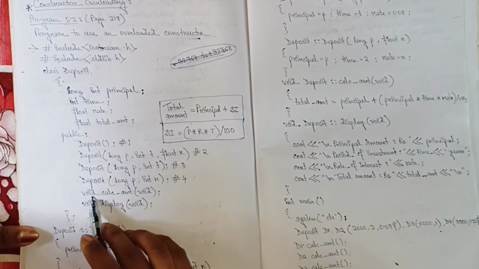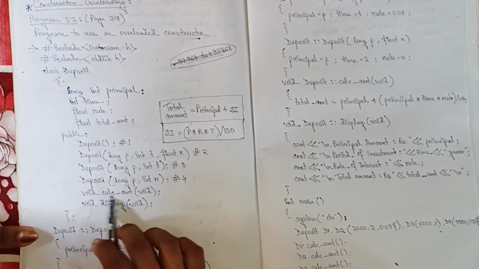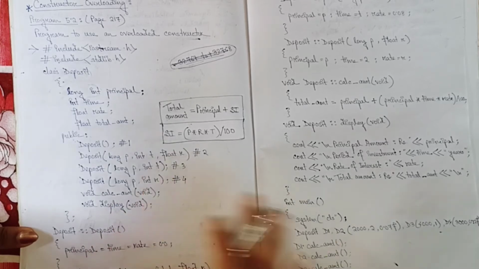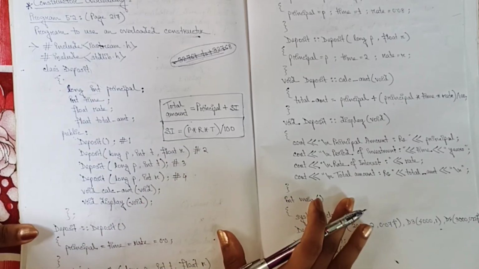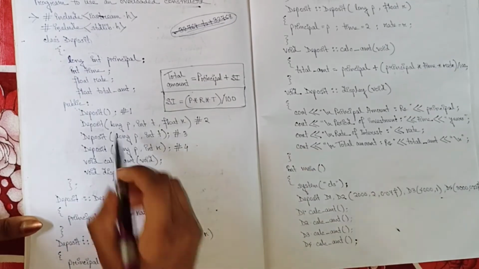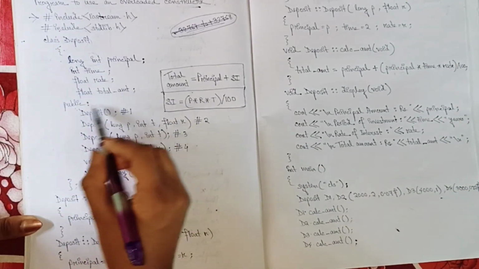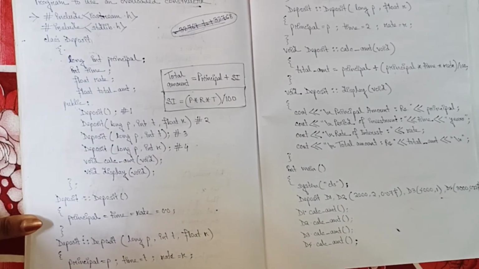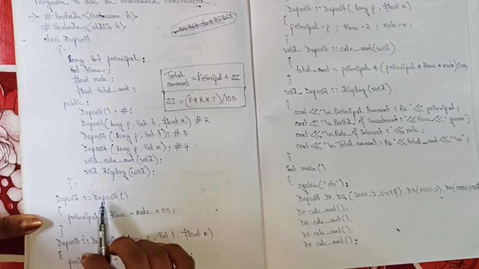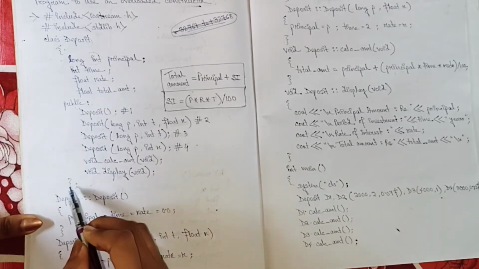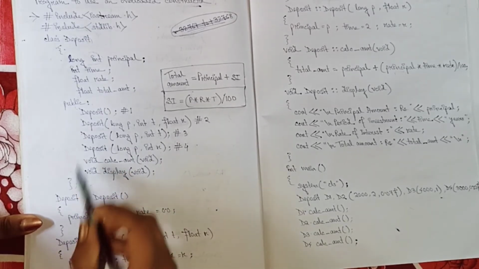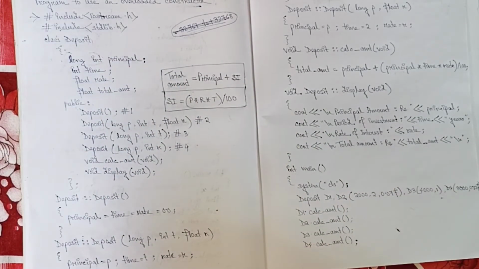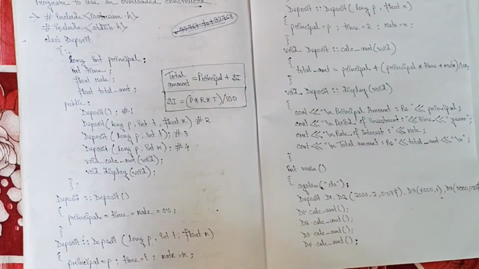Now we have used 2 member functions. One is calc amount for calculation of the amount, and another is display, meaning display of the result. What we have done here is use only the prototype of the constructors, meaning we have only made the declaration of the constructor here. Now we need to give the definition also. After we have ended the class definition, we will give the definition of the constructors.